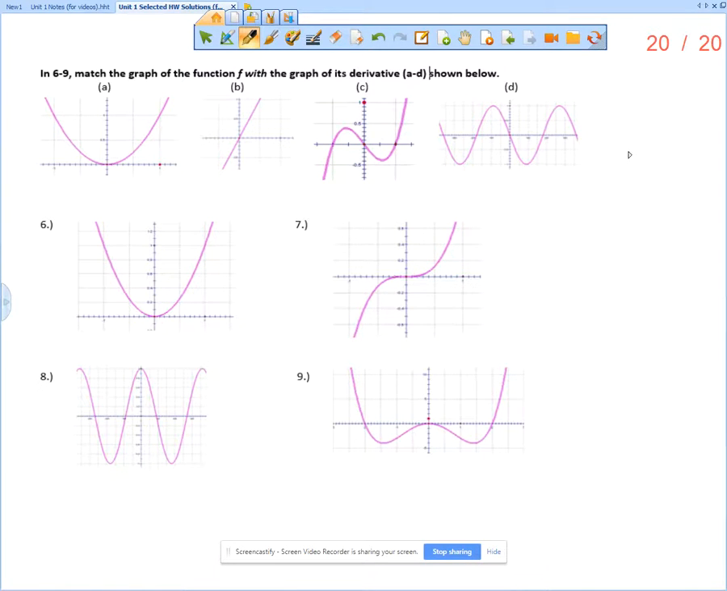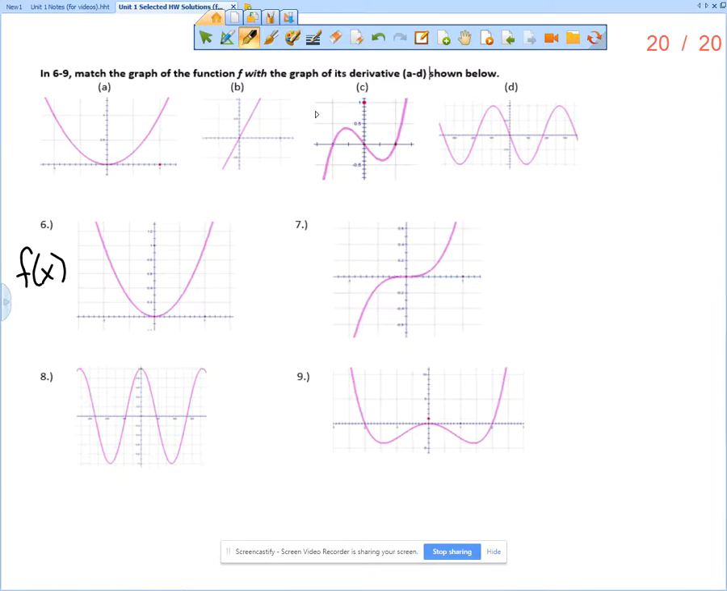This is the solution video for section 1.8, problems 6 through 9. They all kind of go together. So let's read the directions. It says match the graph of the function f with the graph of its derivative a through d shown below. So what does that mean? That means that 6, 7, 8, and 9 are the f of x graphs, and a through d are the